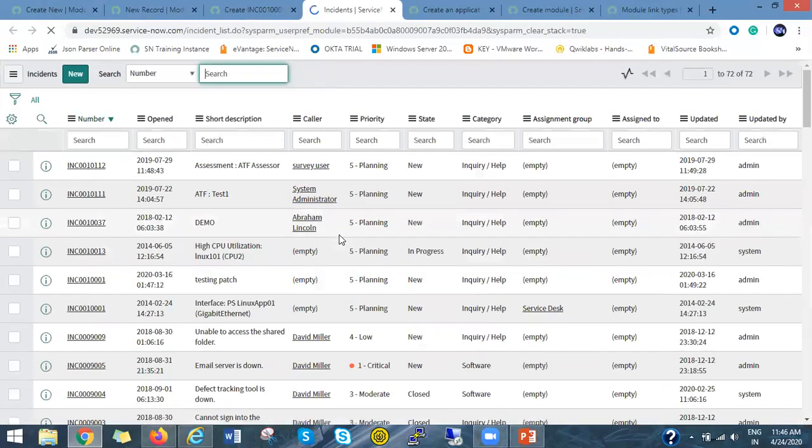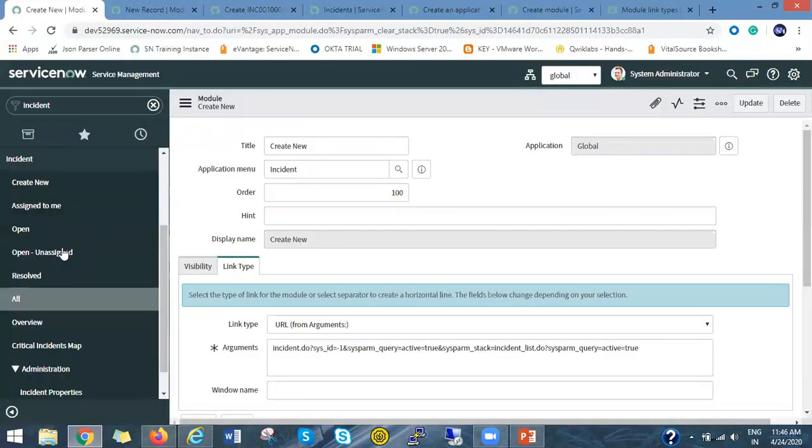So how are we controlling this behavior? Clicking on the Create New module should open in new mode, and clicking on the All module should open in list mode. We are controlling this behavior with the help of link type.